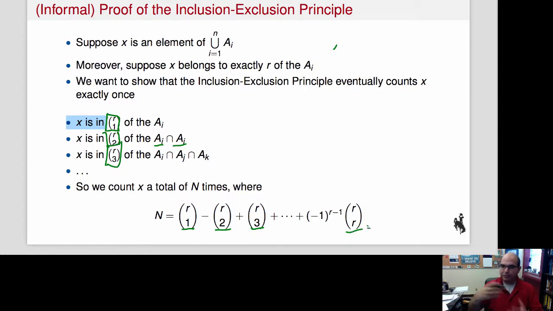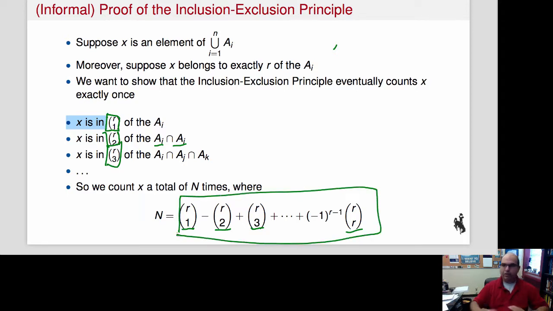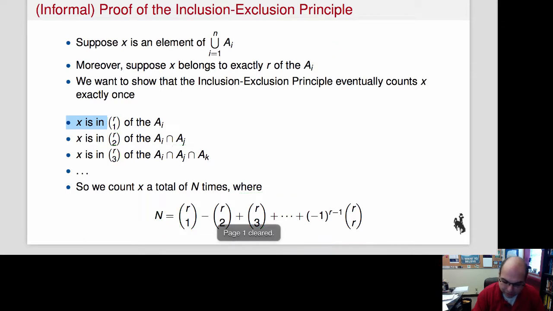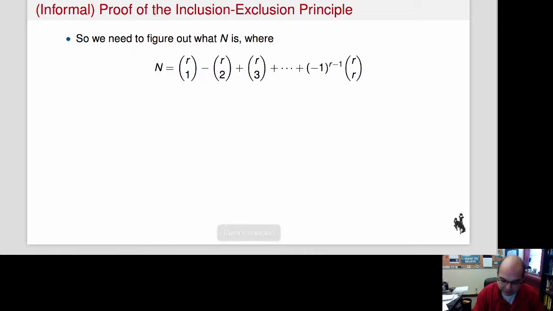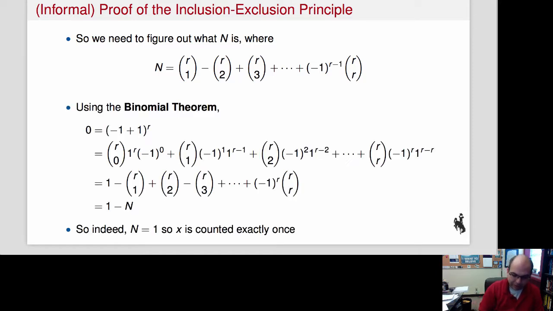You know, we just go back and forth and back and forth. And this sum, which is exactly the number of ways that I count X over all of the sets, right? I'm just going to call capital N, okay? So capital N is the number of times that I count X, all right? Now, the rest of the proof actually depends on a couple of really cool facts, okay? We recognize that this is capital N, right? You know, this is just this summation, and it looks an awful lot like a binomial expansion, okay? So in particular, it looks an awful lot like the binomial expansion of minus 1 plus 1 to the R,